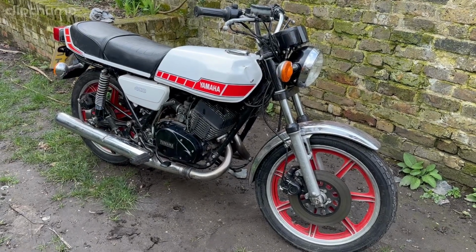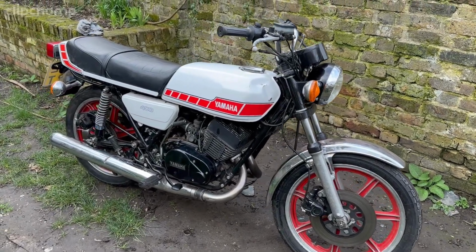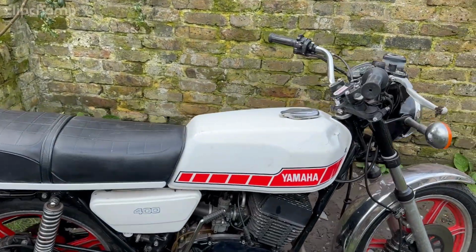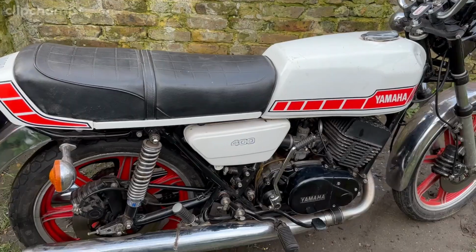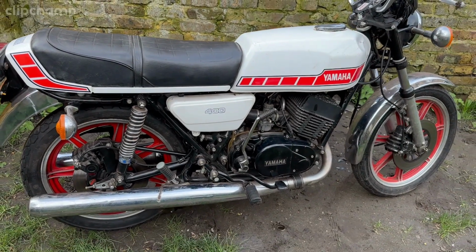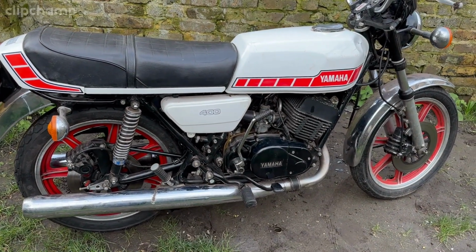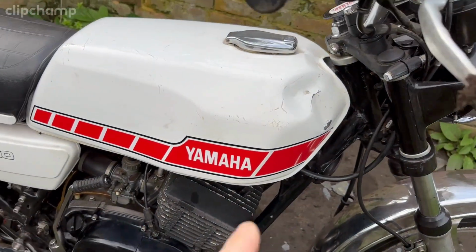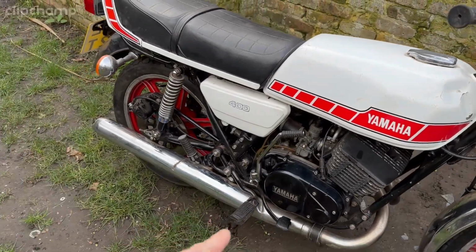Hello and welcome back. This is another bike I've picked up, and this is a very special one. So I picked this up this morning. It's a Yamaha RD400 two-stroke twin, air-cooled, and very cool. This one is a matching numbers bike, so it's got matching frame and engine numbers, and all of the parts are